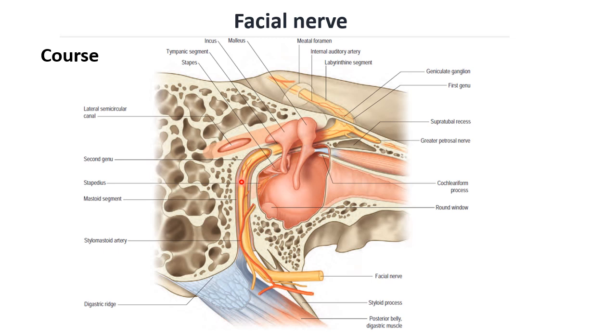While it's running in the posterior wall of the middle ear, it gives rise to a branch which is known as the nerve to stapedius, as well as it gives rise to the chorda tympani nerve. It thereafter exits through the stylomastoid foramen. The moment it exits through the stylomastoid foramen, it gives rise to the